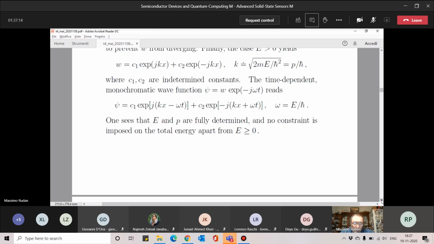That means that the two coefficients, C1 and C2, may be non-zero both. If you measure, then you find that either the particle is going to the positive direction, so that C1 is non-zero and C2 is zero,